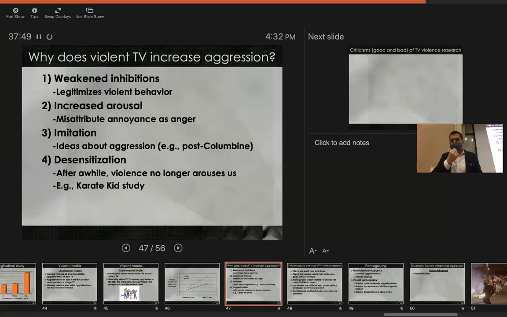Now, what the researchers really wanted to know is how long it would take these participants to go try to break up that fight. And what they noted, which is consistent with what they had hypothesized, is that if participants had just watched a clip from The Karate Kid, it took them longer to go break up that fight compared to if they had not watched that clip. The idea being that watching the karate in that clip desensitized them to the actual fight going on outside, and therefore they didn't think it was as much of an emergency, so they took longer to go break it up.